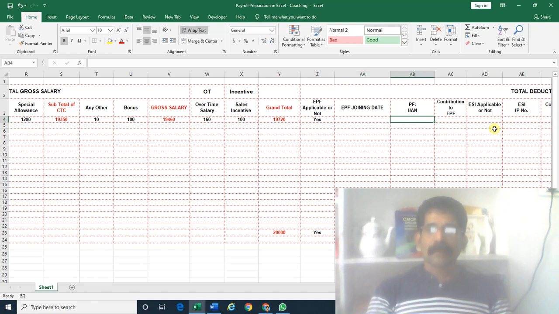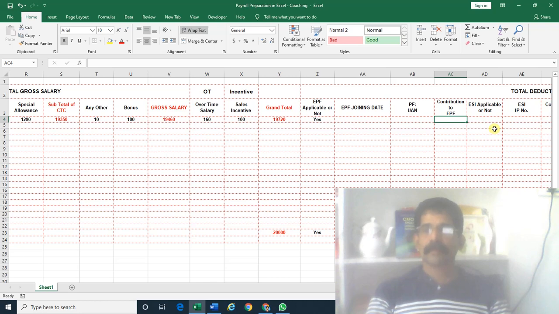After validating all these, then only we will calculate the contributions here. In the contribution also, the EPF has 1800 as the limit, and we have to fix the limit. We have to use so many functions here for validating all 3 conditions. If all these 3 conditions are satisfied, then only the EPF amount will be calculated.